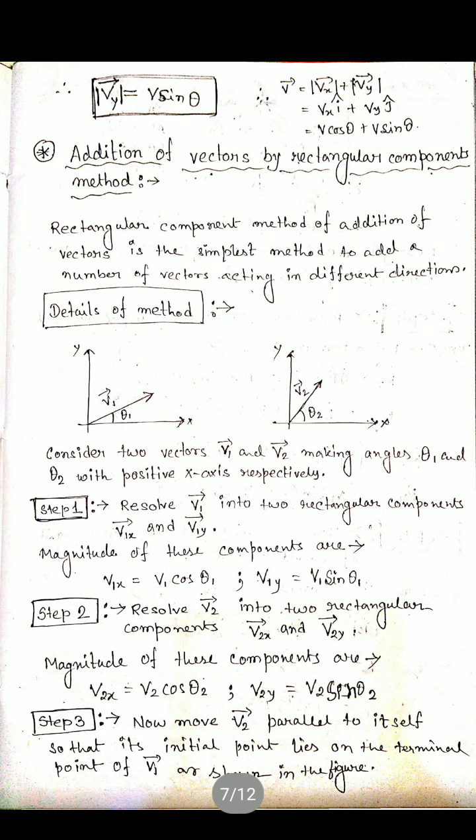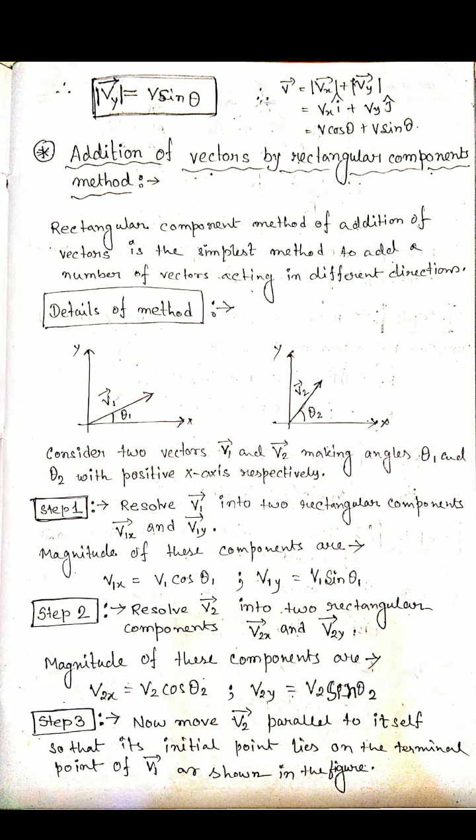So we can write the V vector as the sum of the Vx vector and Vy vector. Any vector can be written this way: Vx into i hat plus Vy into j hat. Because we use the modulus sign, the i and j vectors will be 1. So Vx is V cos theta, Vy is V sin theta. On the left-hand side, the V vector also uses the modulus sign. So the modulus of V vector equals V cos theta plus V sin theta.